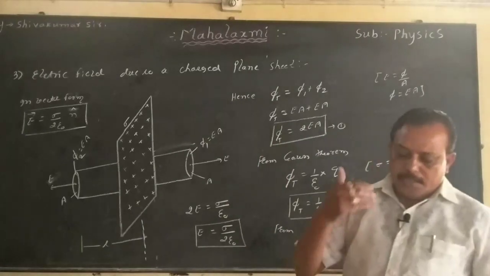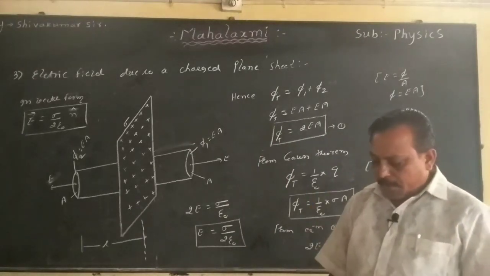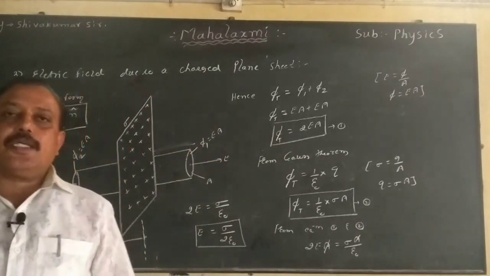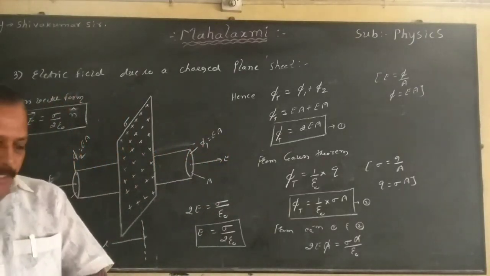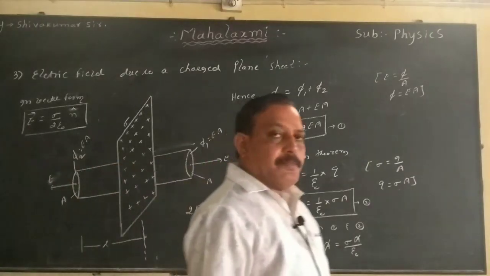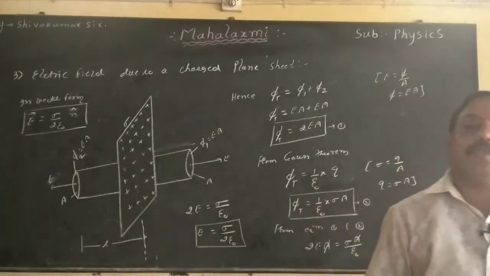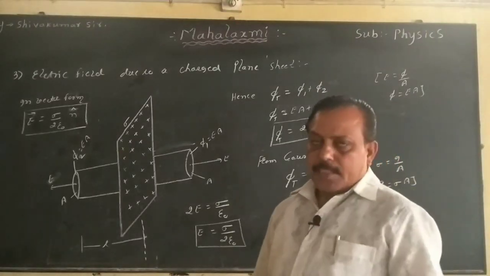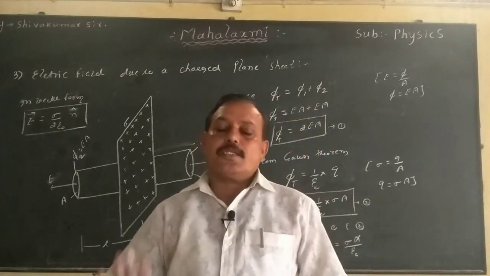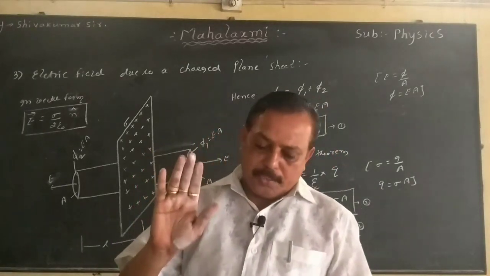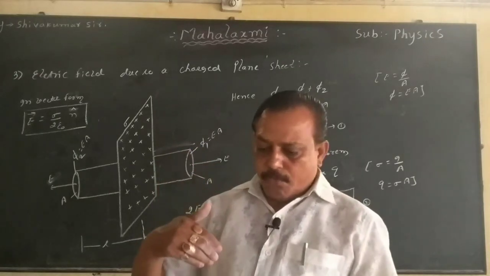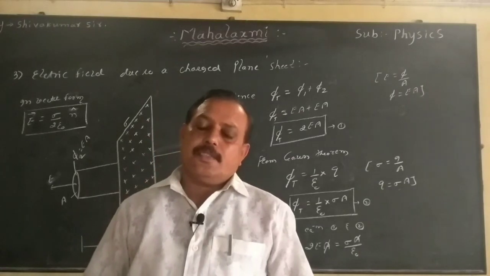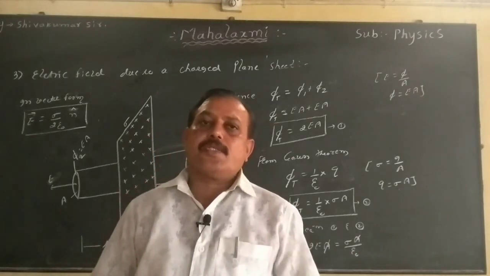I think that you understood all the three derivations. Whatever easy steps I adopted to help you understand, you have adopted them fully. So I think that you have understood. If you have any doubts in the derivations, write in the comment box and I will explain once more. We are meant for you. Right? So next class we go for numericals. Then after completion of the numericals we come to the most important topic, the second topic, electric potential and capacitance. Is it clear? Yes. Next class we start with numericals. Thank you.